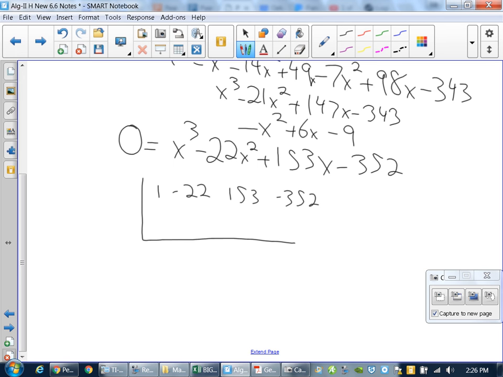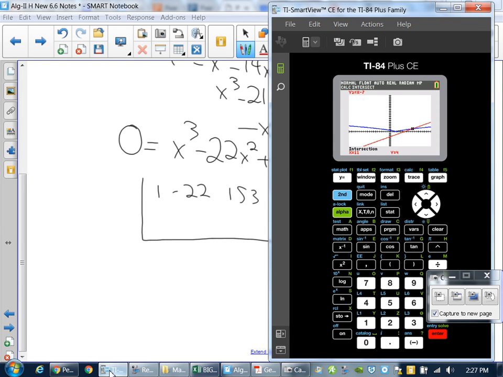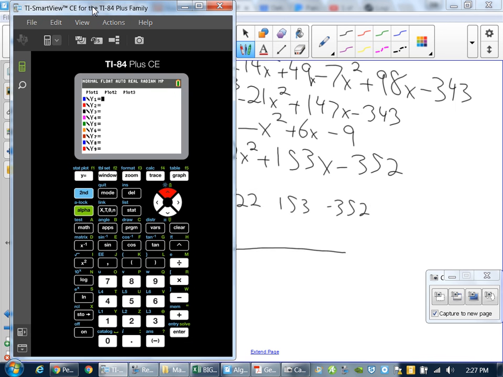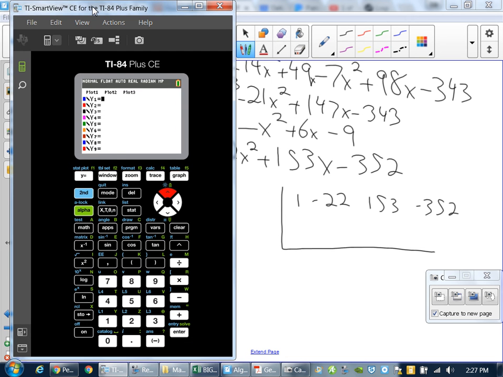This is where knowing what the problem's asking you to do and what technology you're allowed to use with the problem matters. I could throw this equation into my table and search real quick to see if I can find a 0. So I forgot the equation, right? We have x cubed